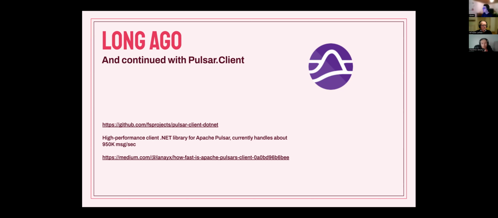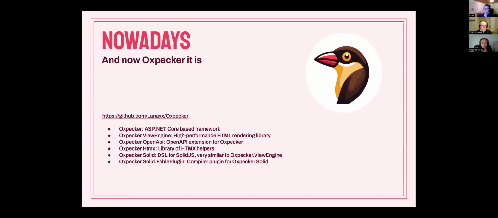And I wrote an article about it last year on Medium. Actually, it was my first ever article on Medium. After that, I wrote some more articles, and it describes how I managed to do this kind of performance for this client. And fast forward to nowadays, now we meet the Oxpecker, and those who are still unsure what it is,